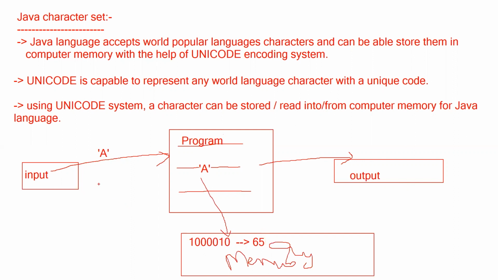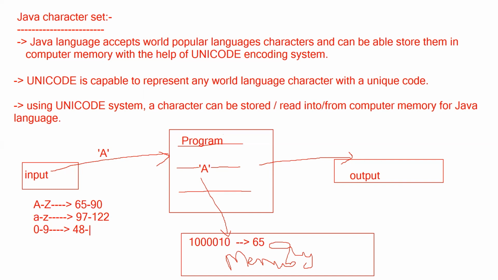Not only that, for any world language character you give, Unicode will provide a code. So let us see what the Unicode codes are. For English letters, A to Z is 65 to 90, small a to z is 97 to 122, 0 through 9, also characters only,